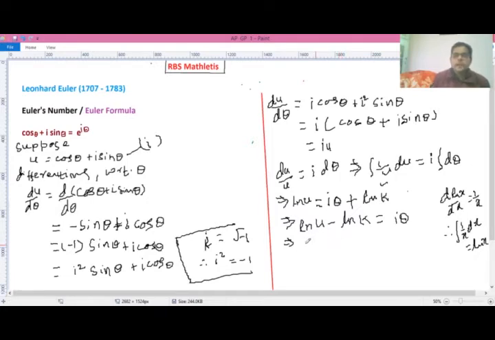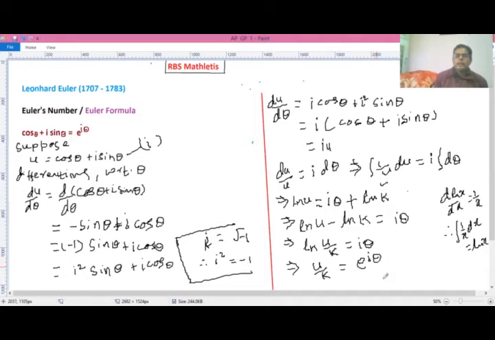And here now after that, when you apply the formula, then it is going to be ln of u upon k, and then that is equal to I theta, if you use the definition of logarithm and the exponential function, and then in that case this is going to be u upon k. If you take this log to another side, it's going to be e to the power I theta.